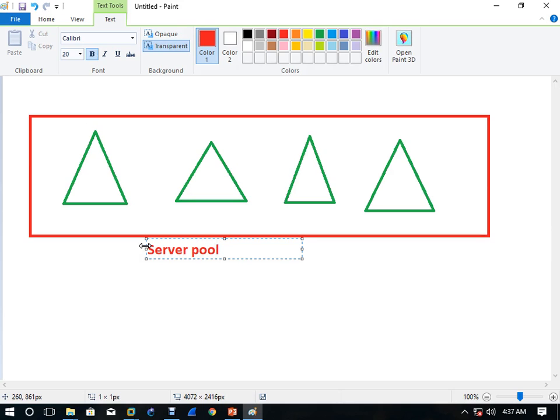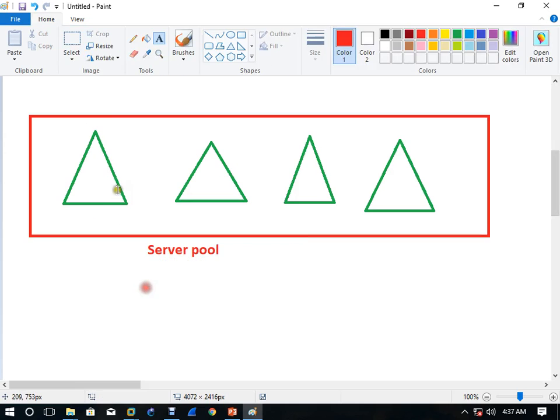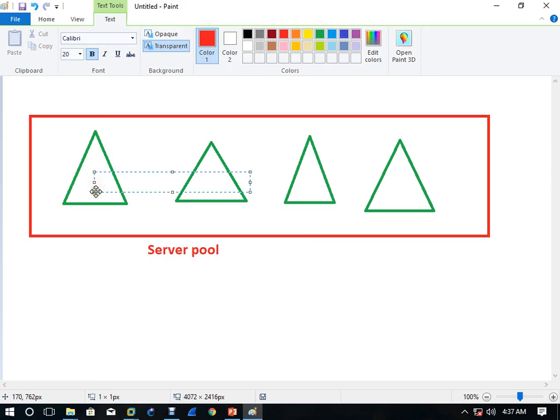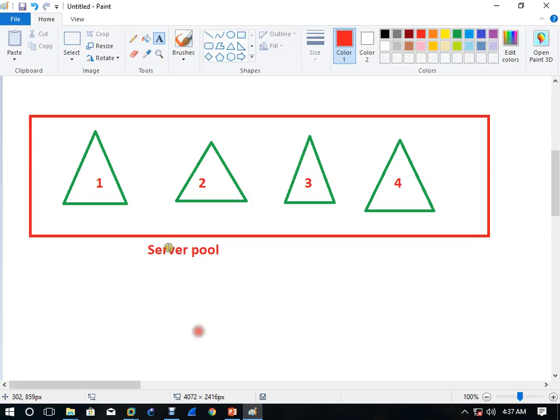You can add all. So if you want to install anything on server 1, or maybe on server 2, 3, 4, you just come to one server and you can install it from here.